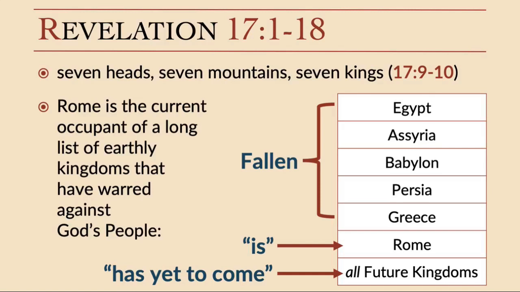Here's a question that was typed in the comments by Ben. If we look at the 7 kings as singular kingdoms, would we look at the 7th as one kingdom instead of all to come? We could, I suppose, Ben, look at it that way, that we have Egypt, Assyria, Babylon, Persia, Greece, Rome, and then some other kingdom that's still future. We would not know which one that is.